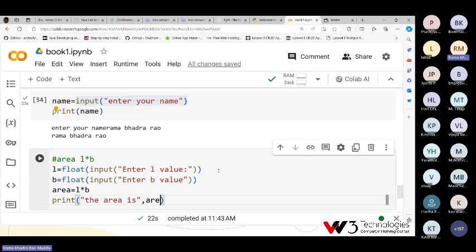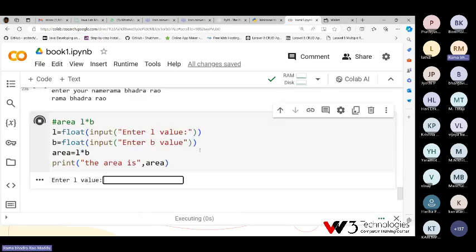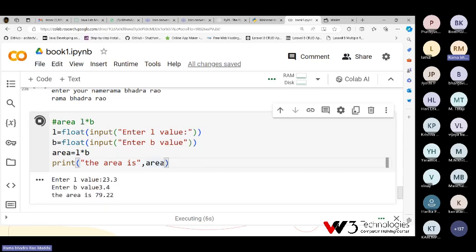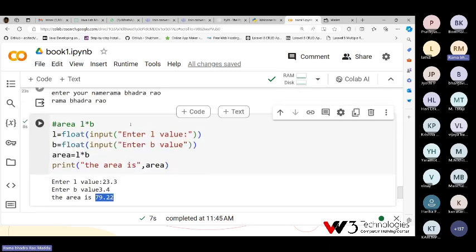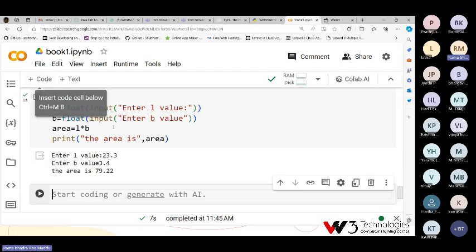You can simply print. First it is asking, 23.3 entered, and the decimal values I gave, and the area will be calculated, 79.2. So like this, you can use integer, string, decimal values.